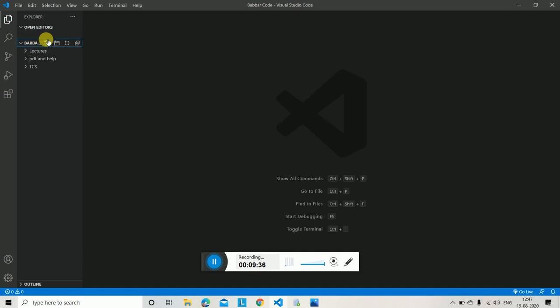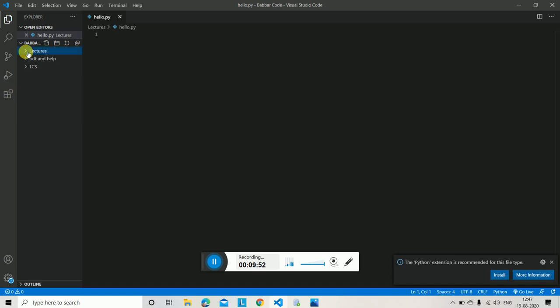See, this is known as new file. If you want to create any new file in a particular folder, for example in the lectures folder, I want to have this one, new file, hello.py. See, the .py is the extension of Python. So in the lectures folder, I got some file. If you want to have a new folder, click on here, so that a new folder will be created.